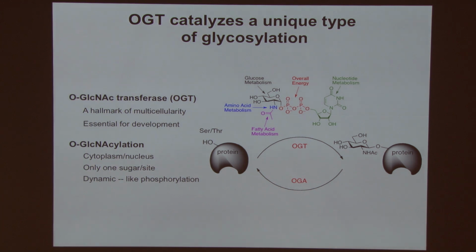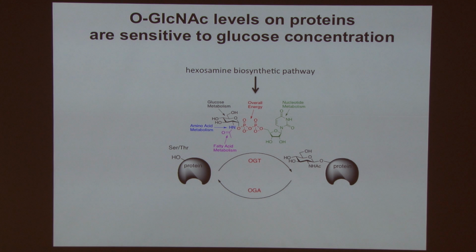And so that dynamic cycling is more reminiscent of something like phosphorylation and dephosphorylation than it is of classic glycosylation. And OGT, in fact, is proposed to play a role in a wide variety of signaling pathways. And what people think is that in part it is acting as a nutrient sensor. And so as glucose levels go up in cells or around cells, the cells take them up, and a portion